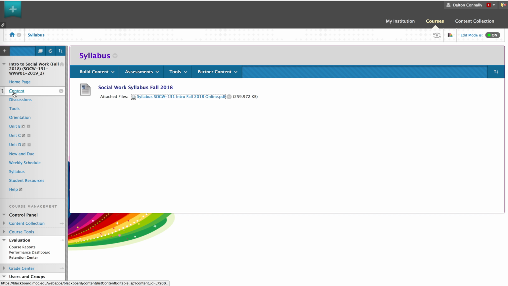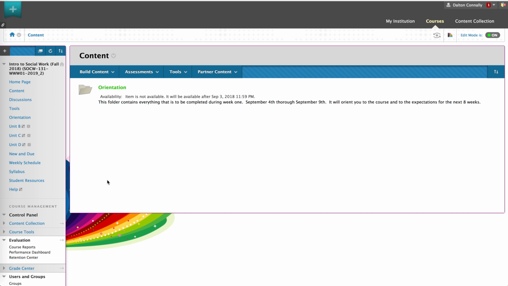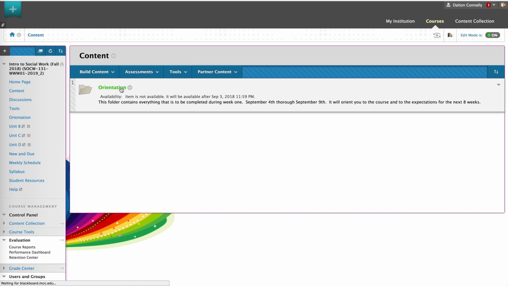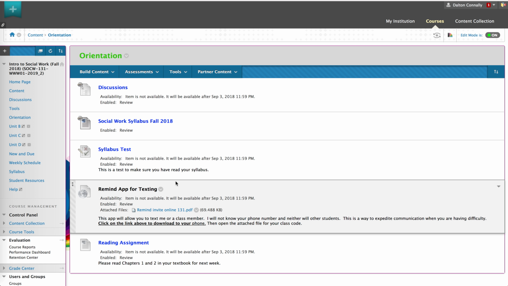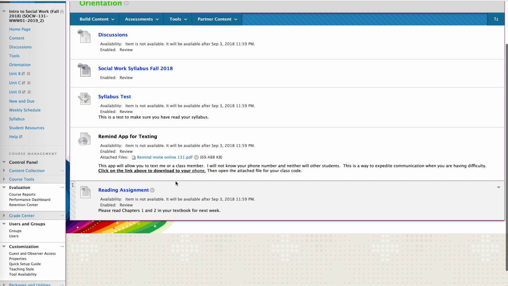Moving back to the content area. I am clicking on the content area, and you'll notice that mine is going to look a little different from yours. Your Blackboard is not available yet. And when it is available, it will be in student view. But still, this will give you an idea of the things that you need to do to complete the assignments